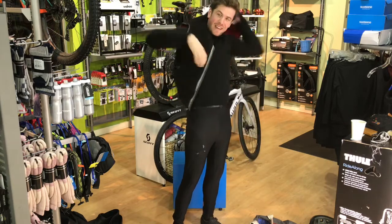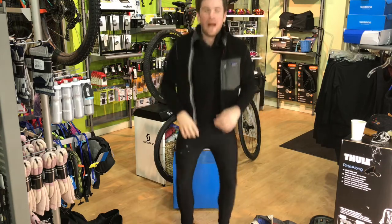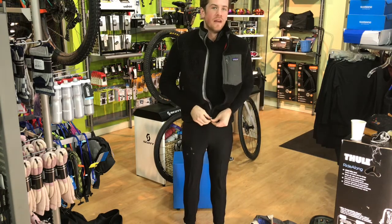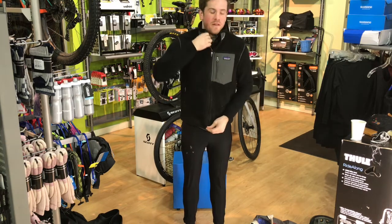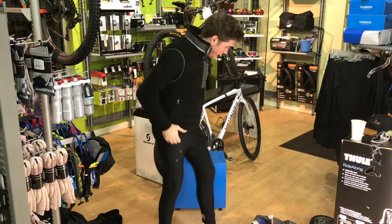Patagonia vest is next. This was a gift from a buddy of mine last year. I got it for my birthday, which basically happens right before the Festive 500. I wore it every single day for the ride last year, and plan on doing the same this year. This is my good luck charm. So after that,